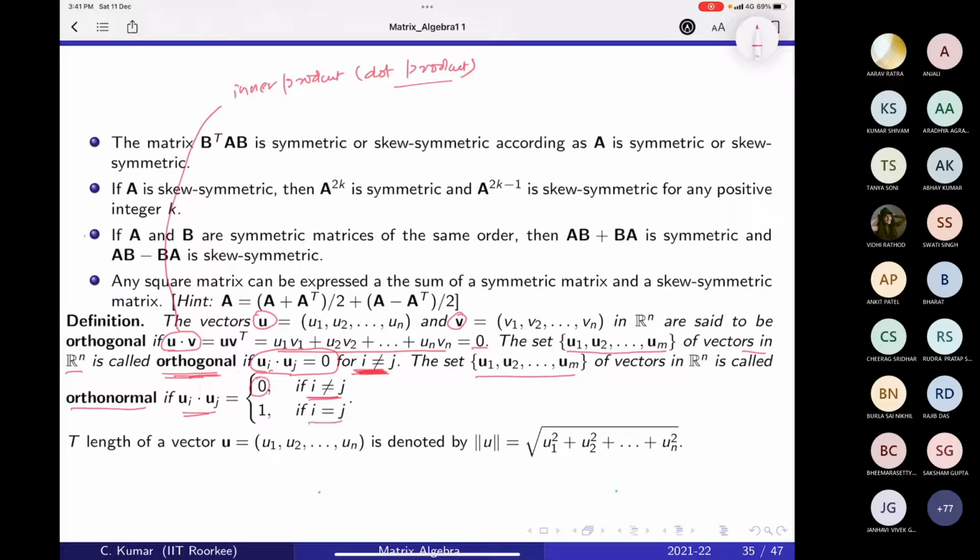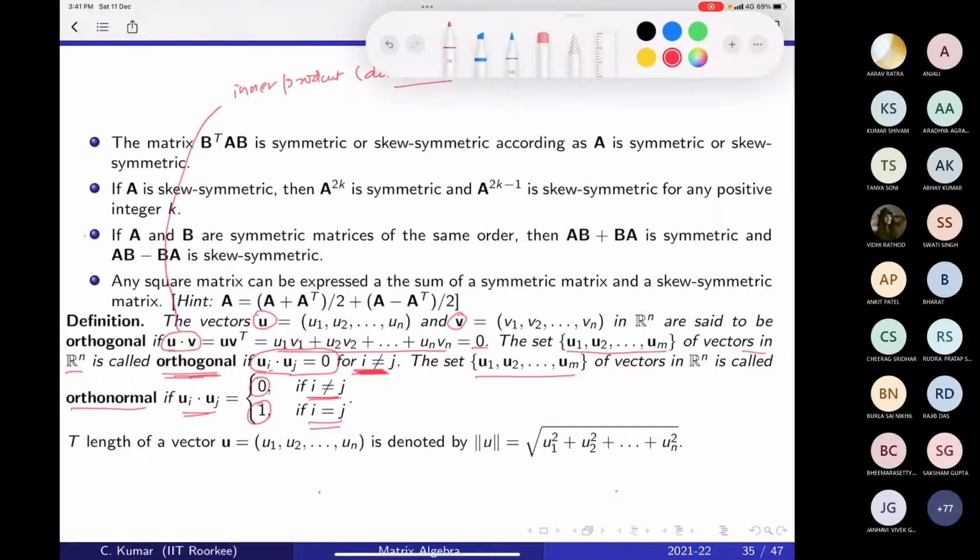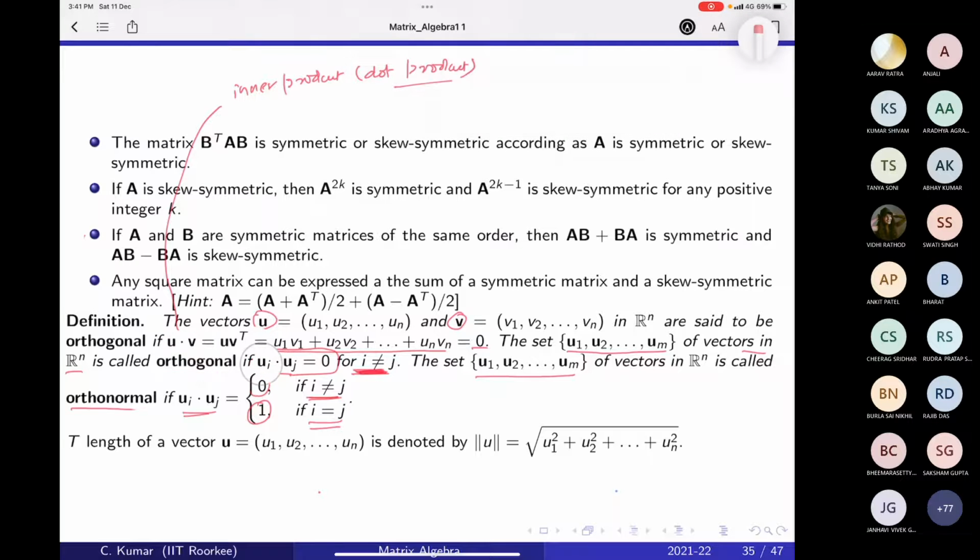And whenever i and j are equal, the dot product is 1. Then we say that they are orthonormal. So here we saw two definitions. One is orthogonal and the other one is orthonormal. The only difference between these definitions,